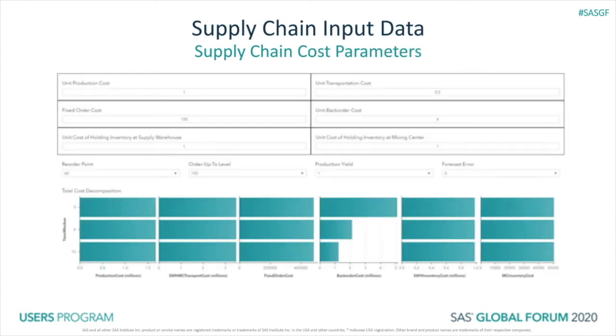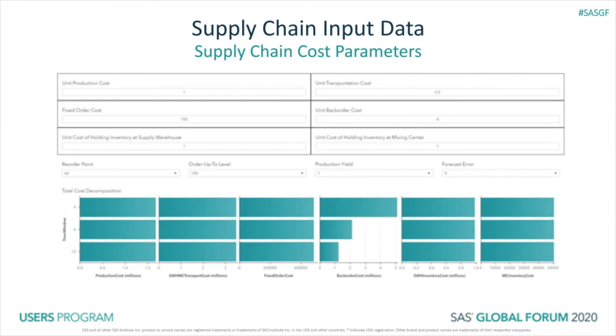Here we specify our unit production cost, transportation cost, cost of placing a replenishment order, the unit back order cost, as well as the unit cost of holding inventory at supply warehouses and mixing centers. And under the assumption of a reorder point of 60 units at our supply mixing center 1 for product 1, an order up to level of 150 units, and 100% production yield